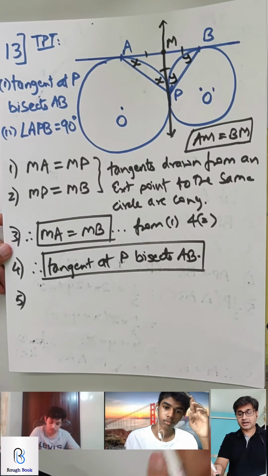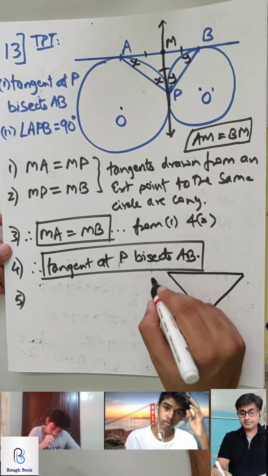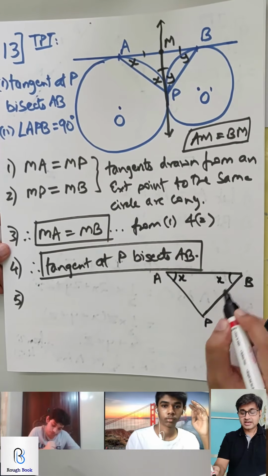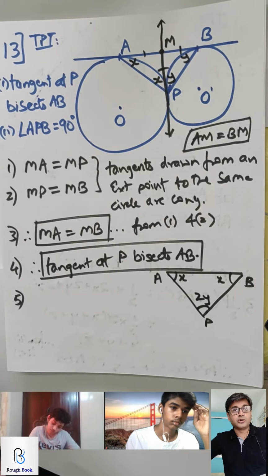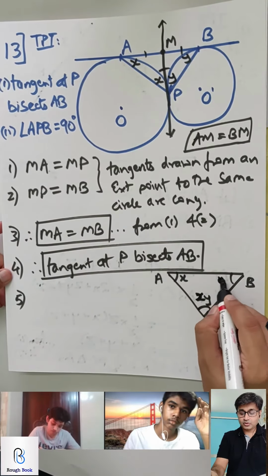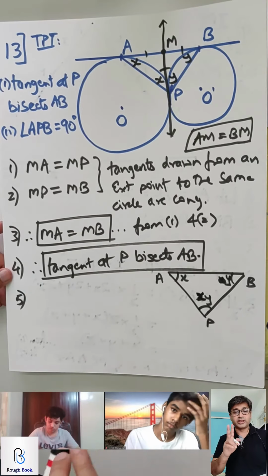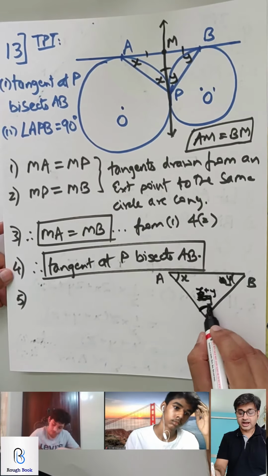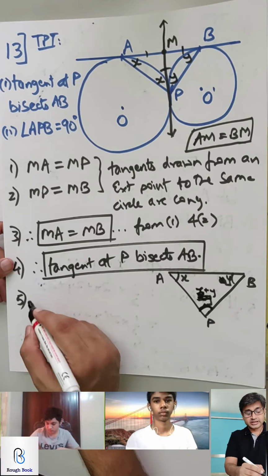And now look at the full triangle. So I'm just pulling it out for you. The full triangle A, P, B. You will have x, you will have x, and at point P you will have x plus y. So you will have 2x plus 2y is equal to how much? 180. And then you can say 2x plus 2y is 180, so x plus y is 90, and this one is x and y, that is your angle P, and therefore you can say it is 90. Getting it? So let's write it quickly.